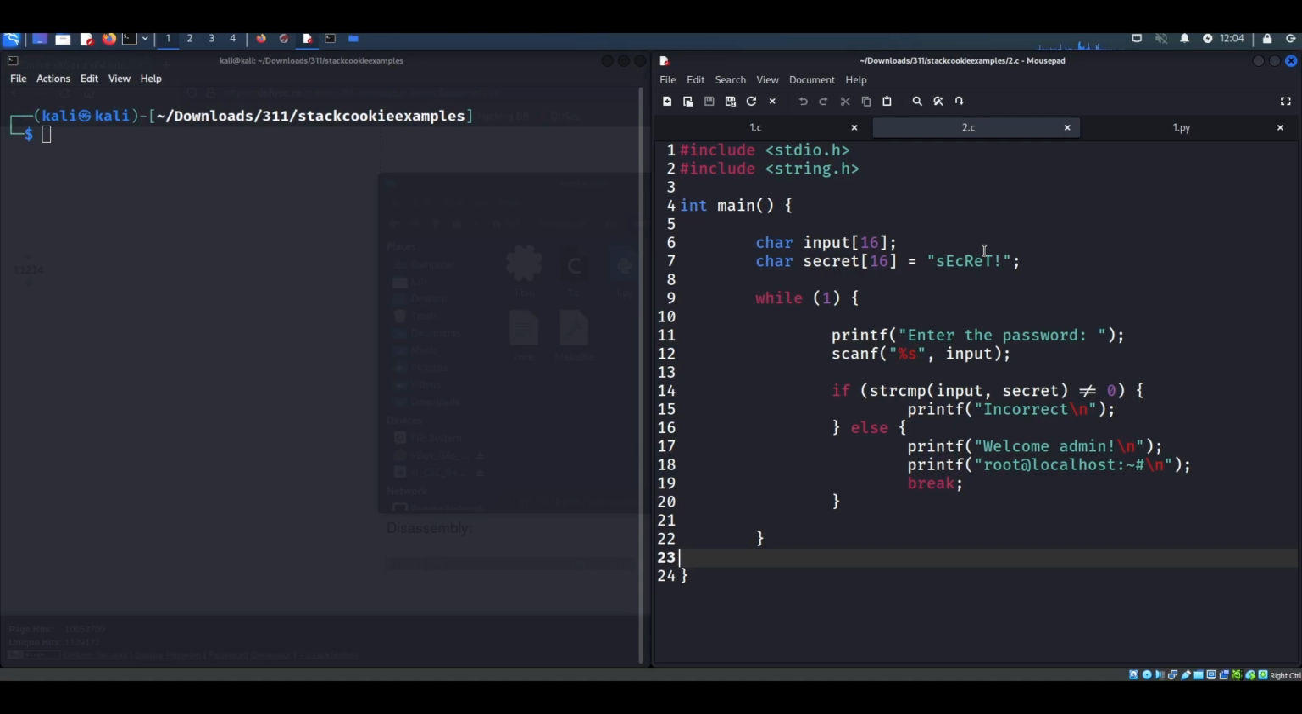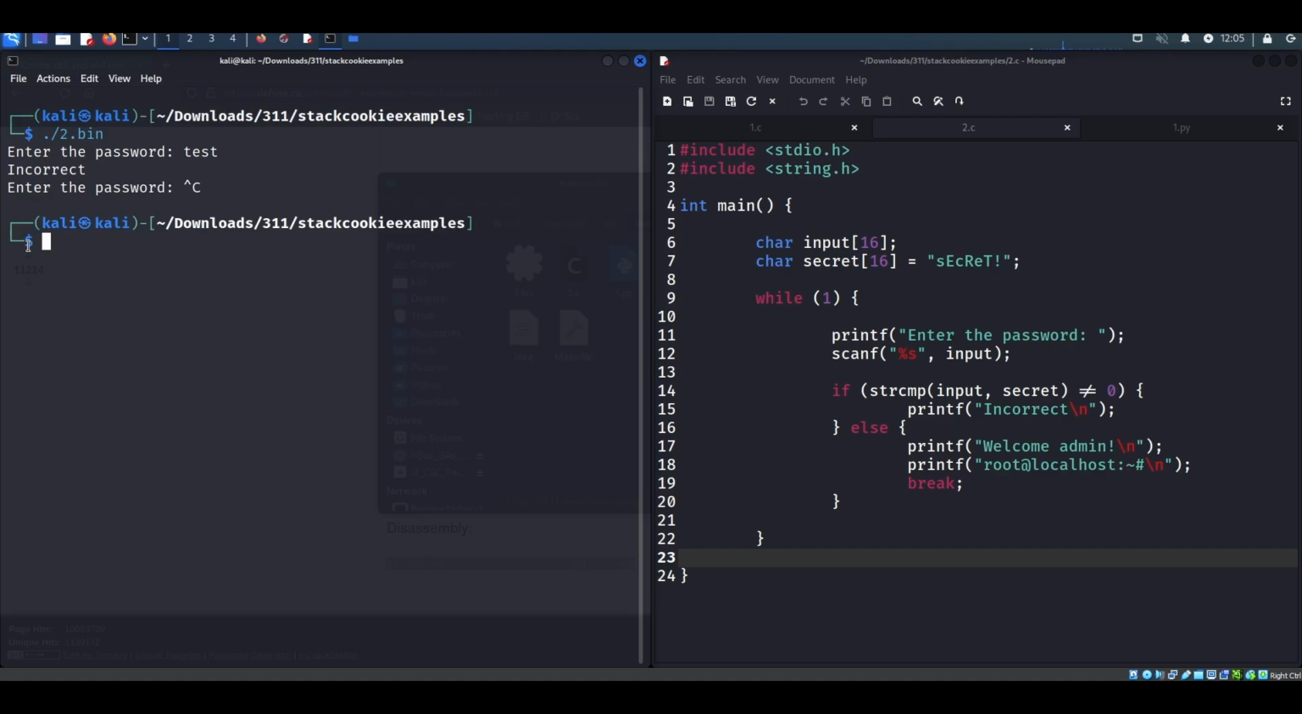Like in this case, we have a simple application that asks us to enter the password. Let's go ahead and run it. Enter the password. What if I enter test? Incorrect. Okay. Well, we have access to the source code, so we can see that the password is secret in this weird camel case type thing, right? But presumably it wouldn't be quite that easy if we had compiled it,